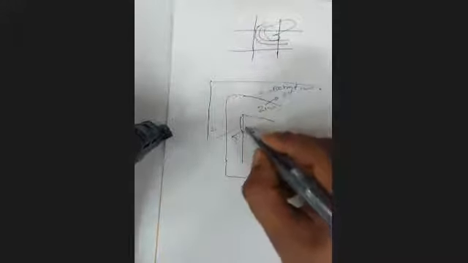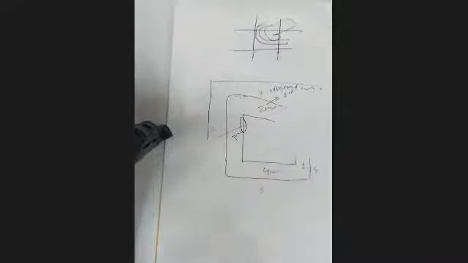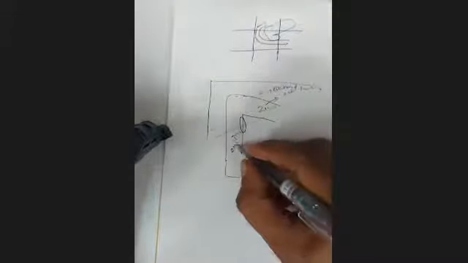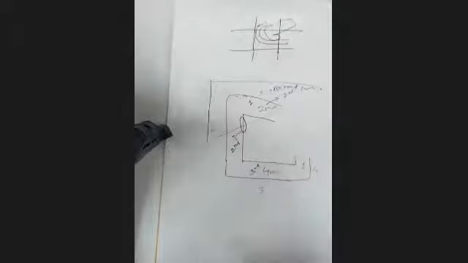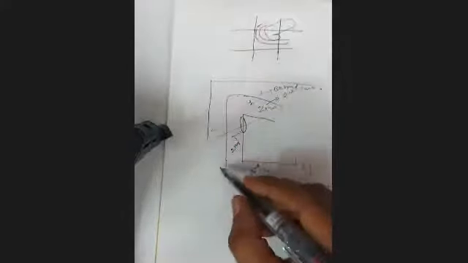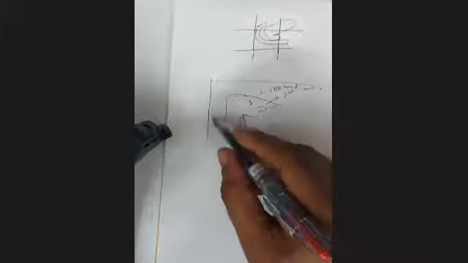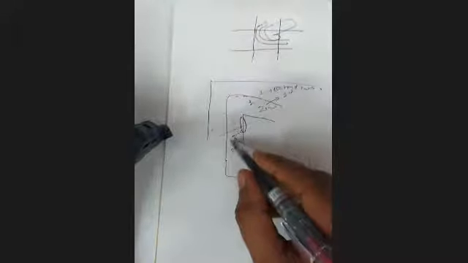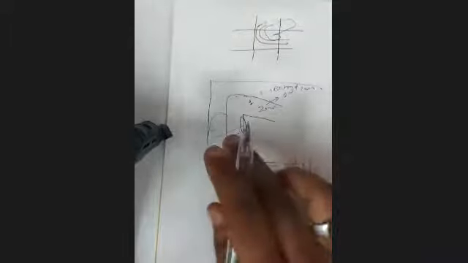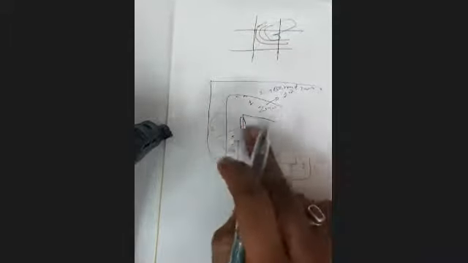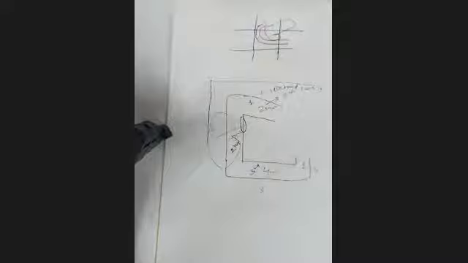The gallbladder will be located here. So this is the first part, second part, third part, fourth. The second part will be behind the gallbladder. Then below the liver are the kidneys, so the kidneys will be located like this. That means the second part will be anterior to the kidneys and posterior to the gallbladder.